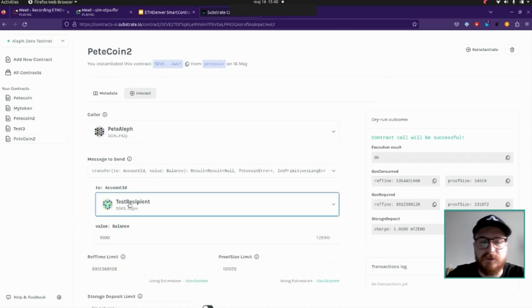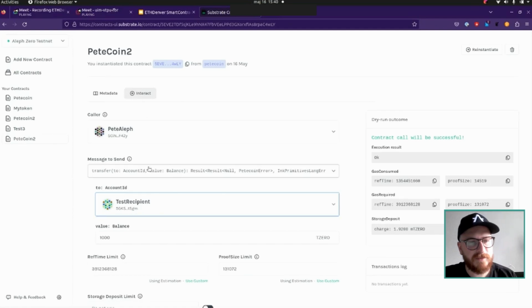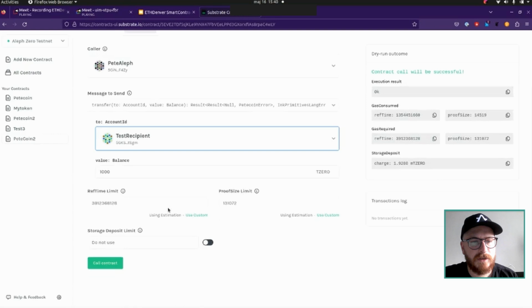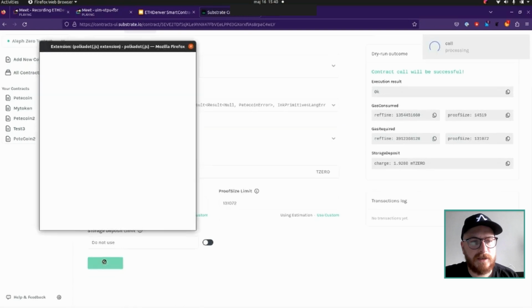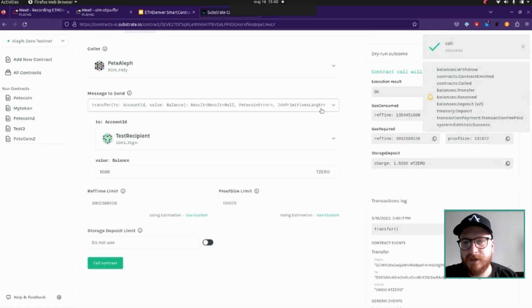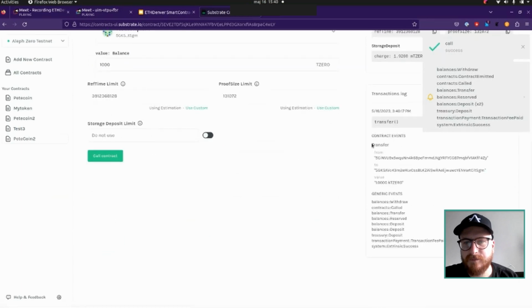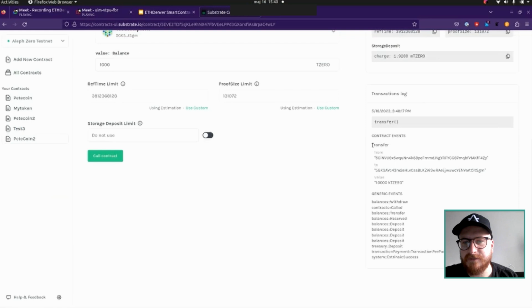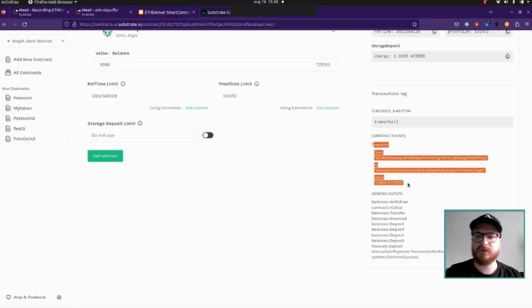Basically, no transfer will actually be made. No actual token transfer will happen. It will just be an updated entry in the balance mapping, as you remember. But we can send it here and sign again. And the contract has, by the way, emitted an event, which is quite cool,